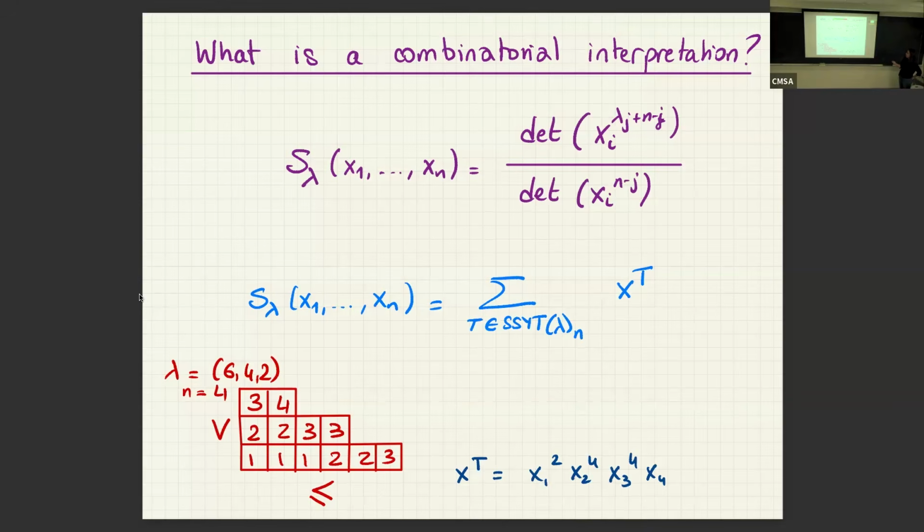I can write what I'm looking for as a sum over some combinatorial object. And to each object, I hope to give a weight that's going to be a monomial or a polynomial, but always with positive coefficients.